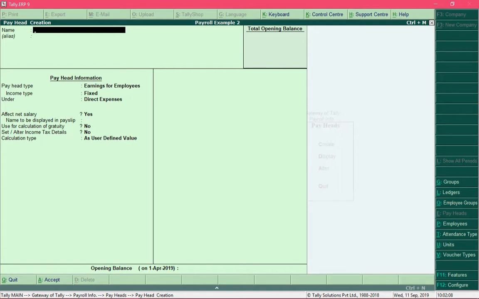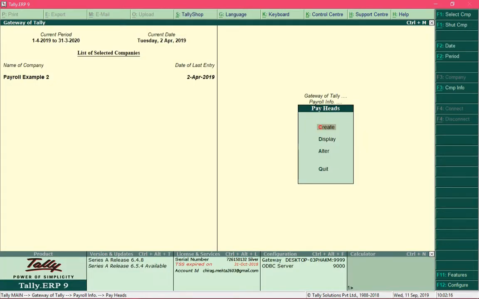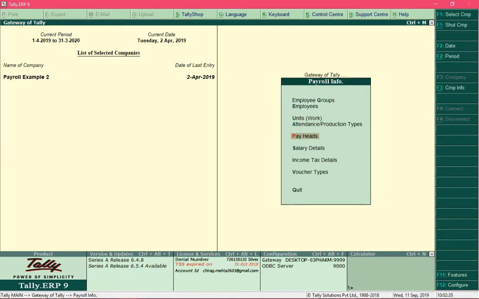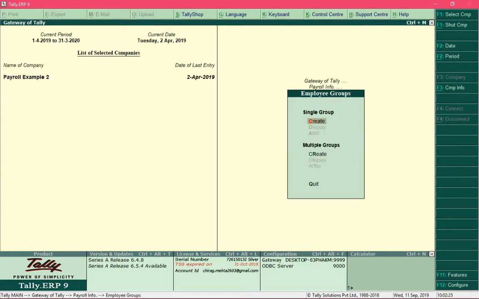So after creating all the payheads, you need to come out of the payhead creation screen. So press the escape key and come out of payhead creation screen and press the escape key again. And in the payroll info menu, select the option employee groups, and by creating groups we will define departments like sales, administration, and so on, and select the option create, which is under single group,